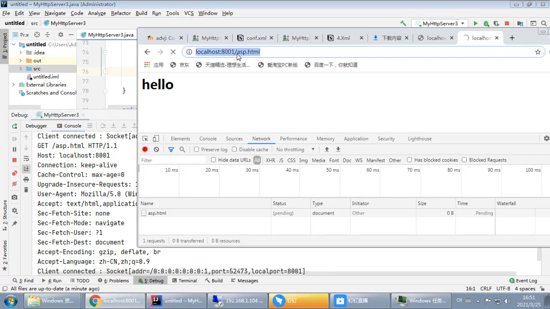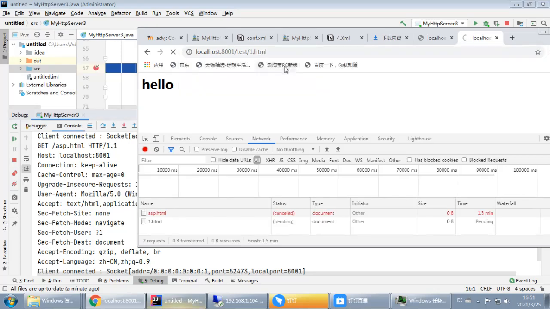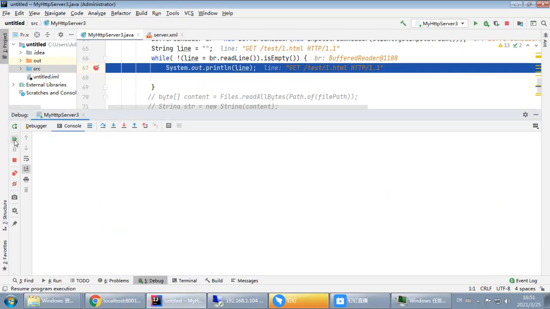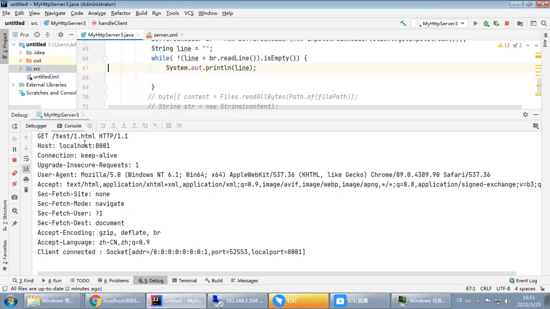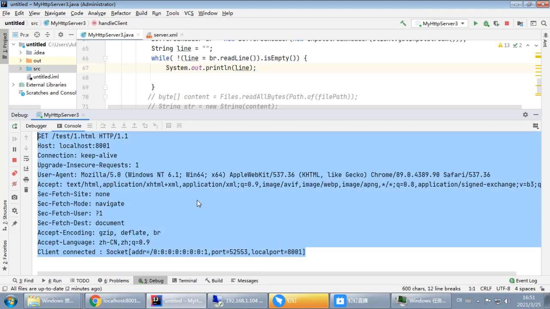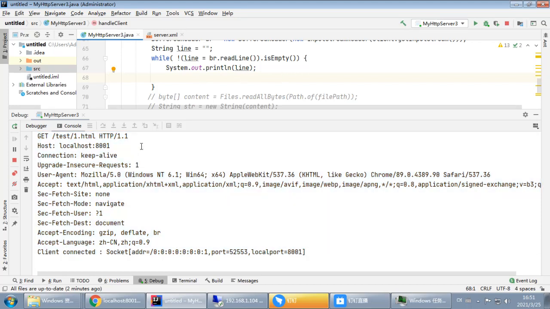And if we change the test one, press enter and click all, we will get the new request content here, this content. So we have to retrieve this string from the whole string. So how can we do it? Then maybe, if this is line 1, okay, this is line 1,